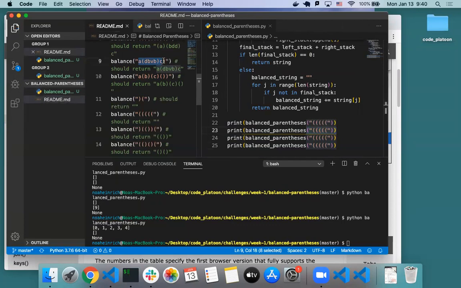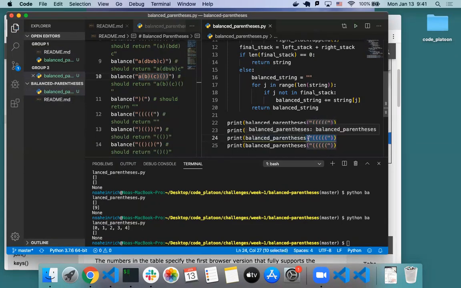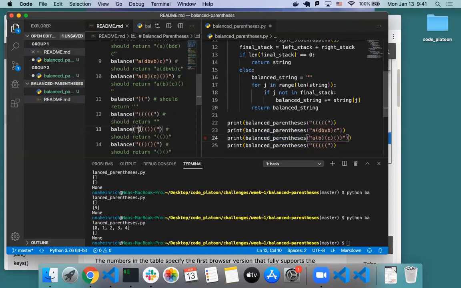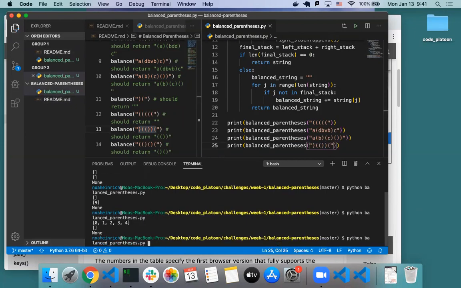So this one should be balanced already. And here's when it's unbalanced. Oh. Try that again. And let's also try this one. So if I run the file now,